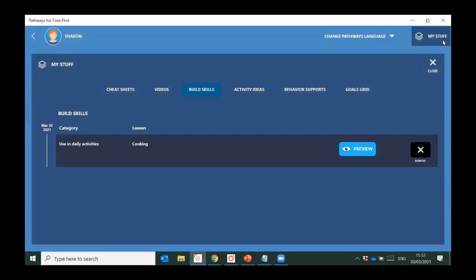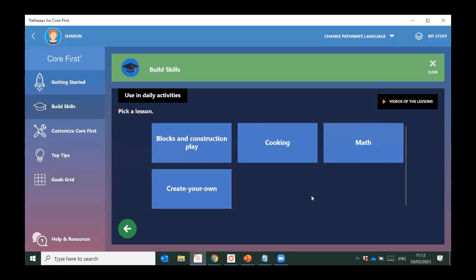So the next time I open up my pathways app, as opposed to going through all those different steps, I can go to my stuff, build skills, and then I'll have the list of the ones that I've saved there. And it will save other stuff as well, so cheat sheets and videos and anything that you want to add into there. So we've got those 3 examples there,